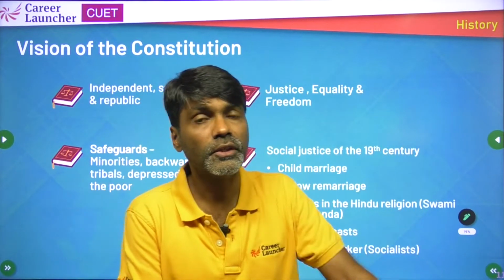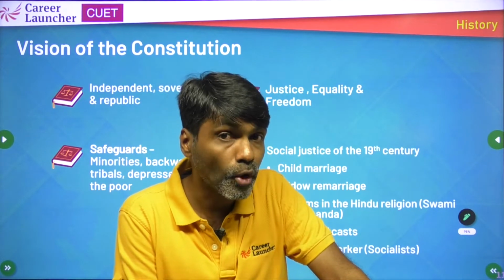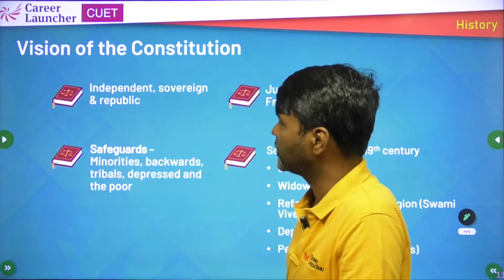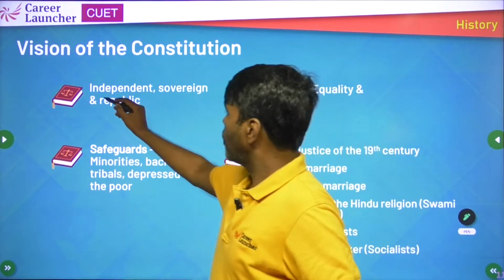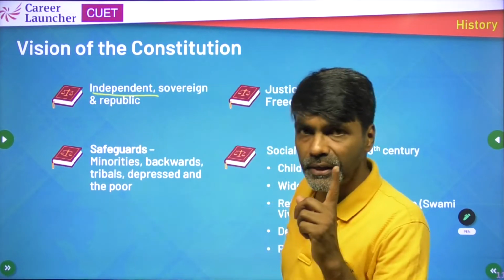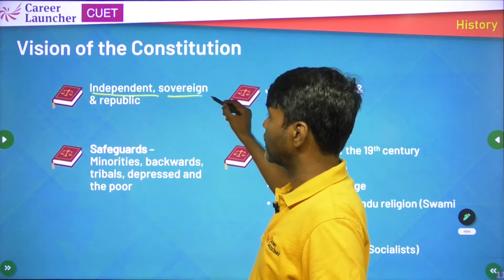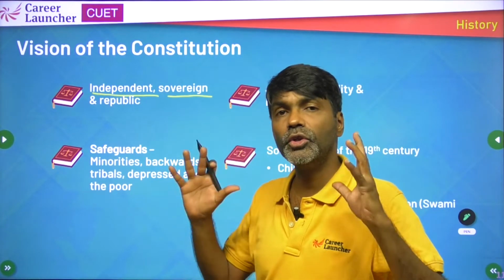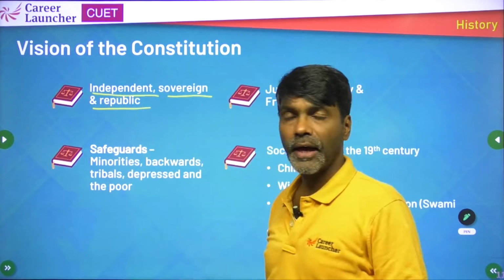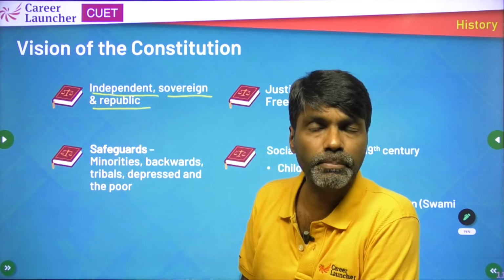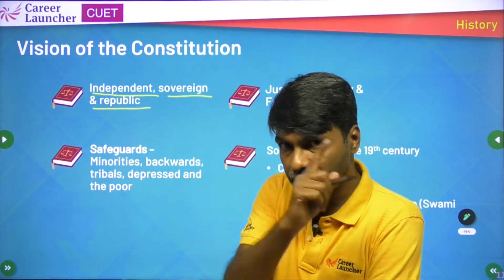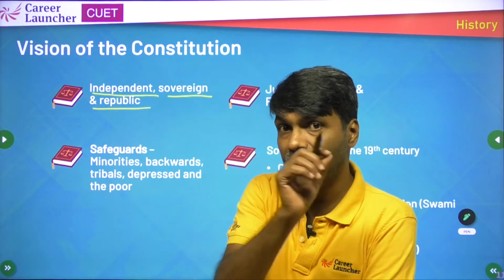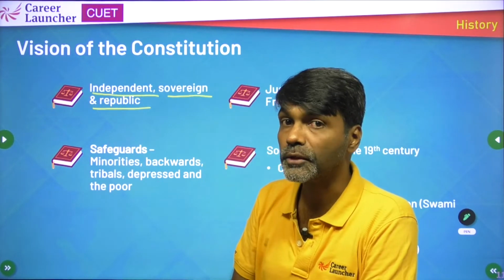What was the vision of the constitution? Some important elements. When you go back and read the chapter, it will make sense. Let's cover the salient points here. Number one, we wanted an independent India that was sovereign, which means in no way is this country going to be answerable to anybody, and has no connections with the British Empire or the Queen. Do read up the definitions of sovereignty and the difference between being a republic and not being a republic. It could be useful.